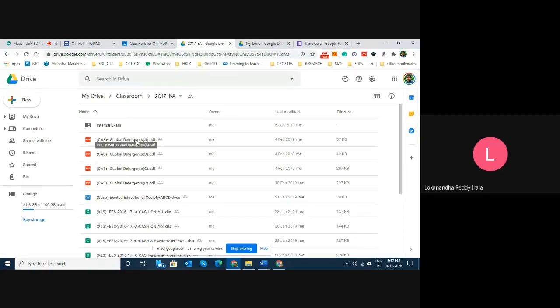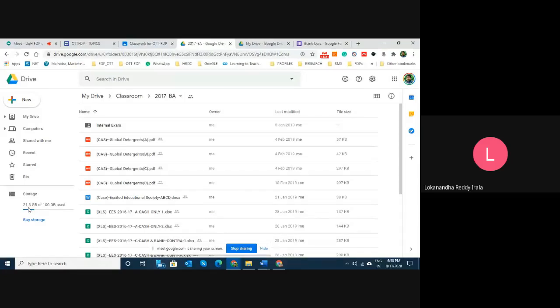Remember, whatever you are doing with your Google, your Gmail, your Drive, your classroom, your YouTube, all this will count towards your size restriction. So Google allows only 15 GB, all these things put together. That means your Google Drive, your Google Classrooms, your Google videos, all this put together is 15 GB, right? But of course, now I have a premium account where I have up to 100 GB in my Google, all put together.